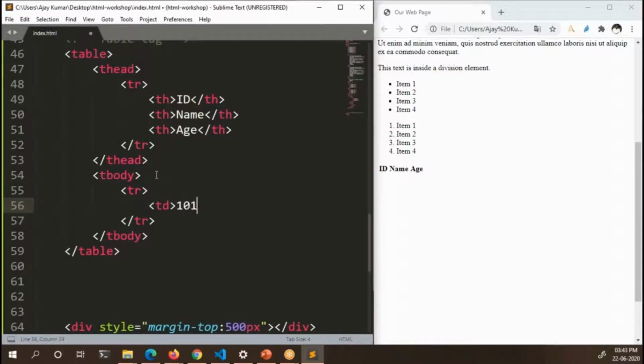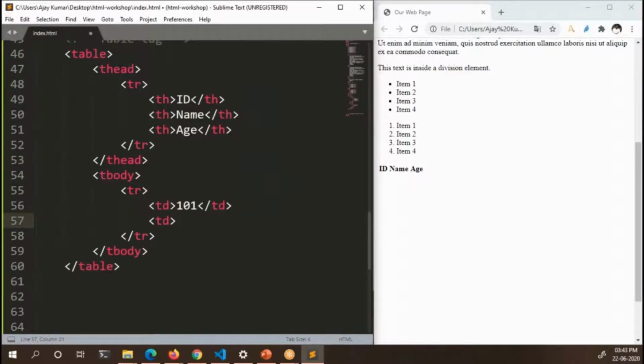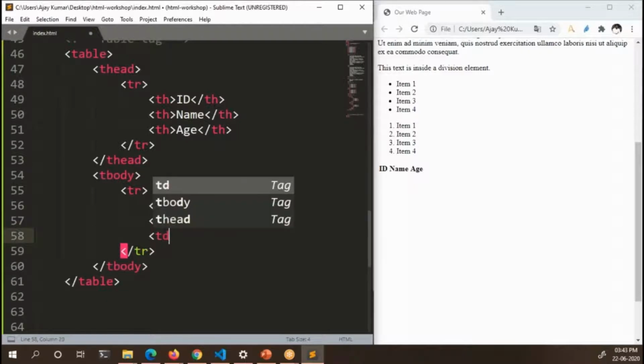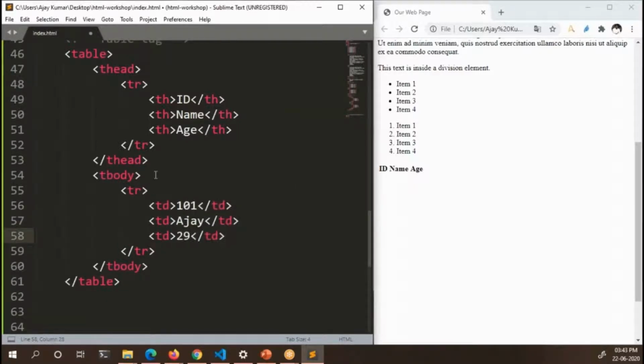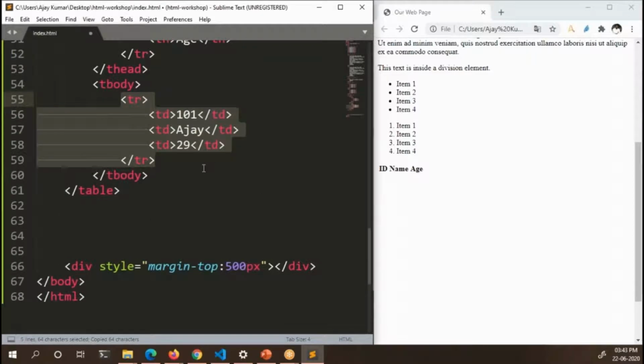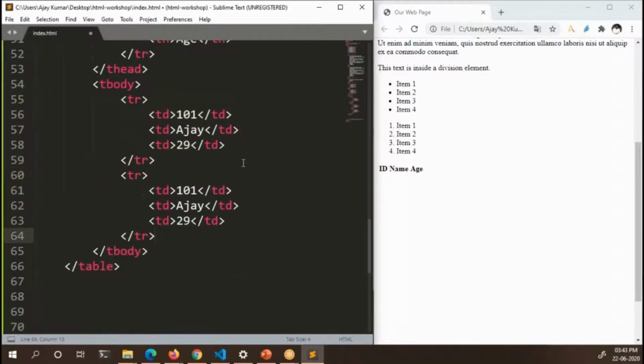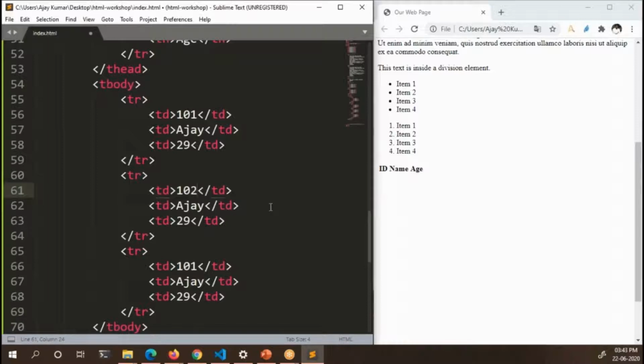So let us say 101, td, td. Okay. So similarly, I'm copying and pasting this, creating three rows and changing the details.